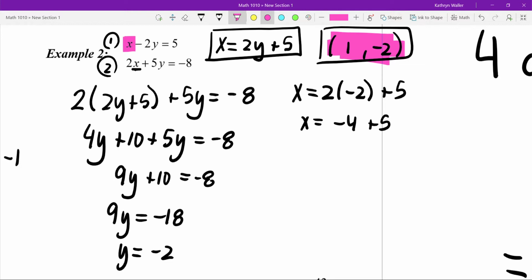Now look what I'm putting in my calculator, guys, right here. x minus 2y equals 5. So everybody hit alpha, enter, minus 2, alpha right, enter, enter, I got a 5. Just because the first equation works, does that mean the second one will work? No. So you have to check the second one. So everybody go 2, alpha, enter, plus 5, alpha right, enter, enter, I got a negative 8, and I'm sure